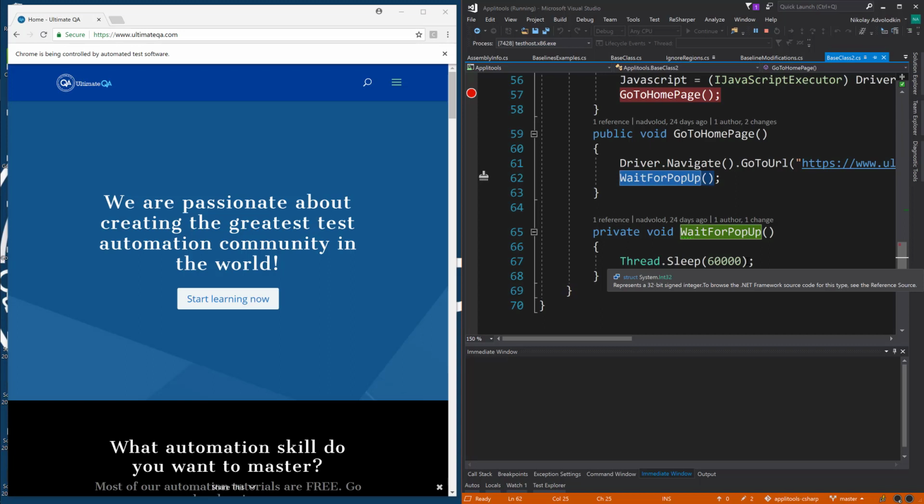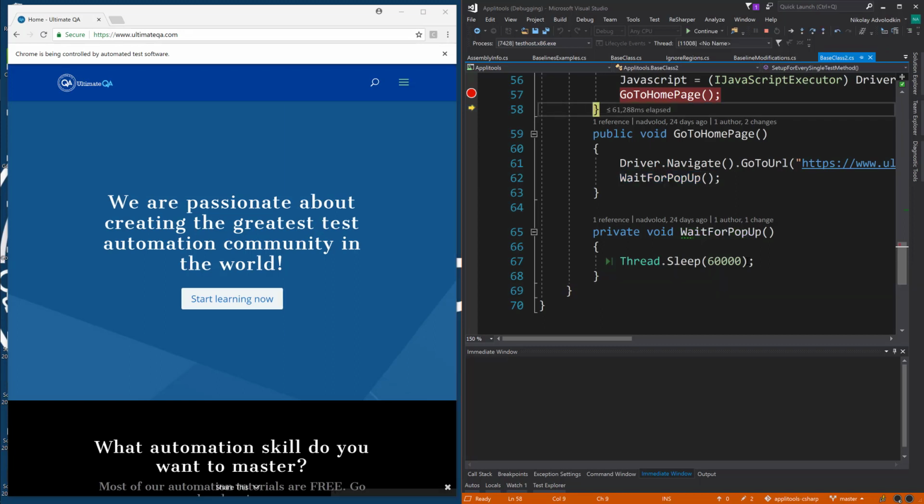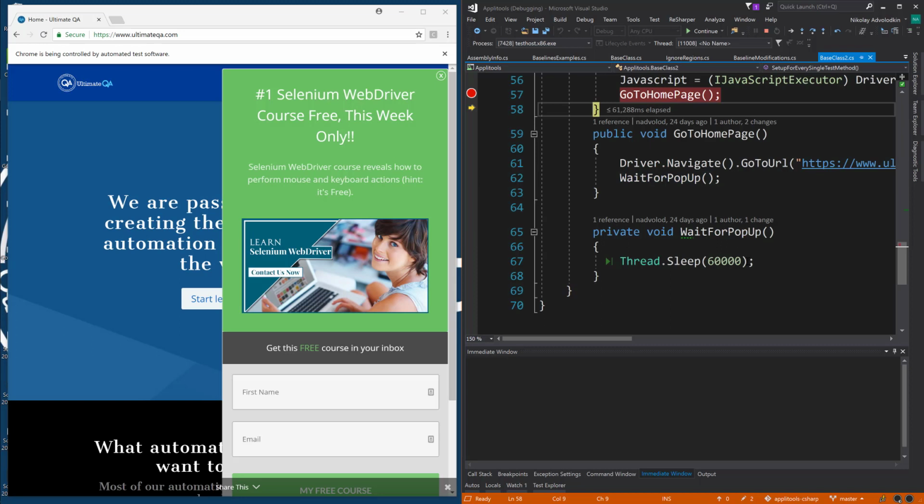Because if we're performing actions right away on the web page before the modal comes up, then what can happen is the modal will interfere, and now we're going to start capturing screenshots with, and I shouldn't even say the modal, with the pop-ups in it. So as you can see, the pop-up has appeared here, and I'm going to go ahead and continue stepping over,